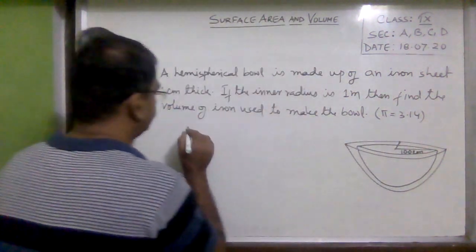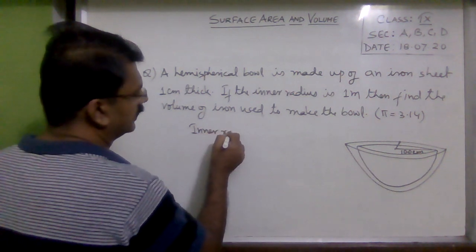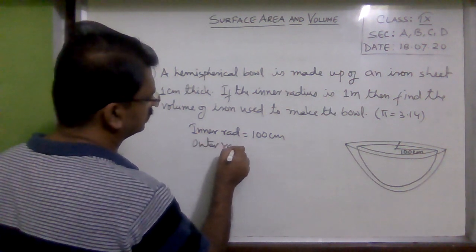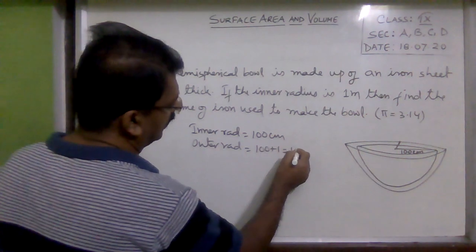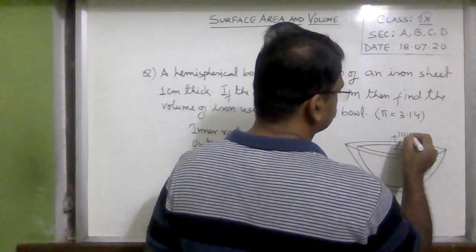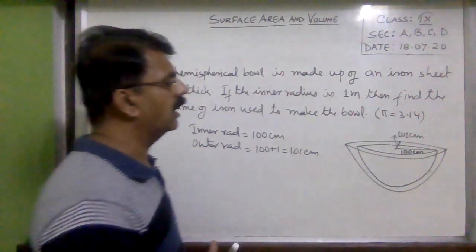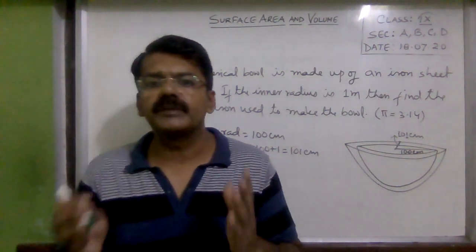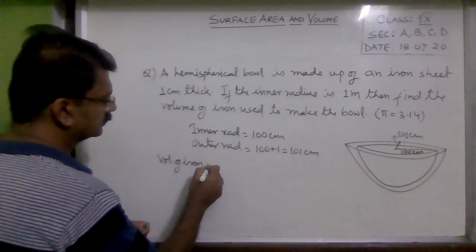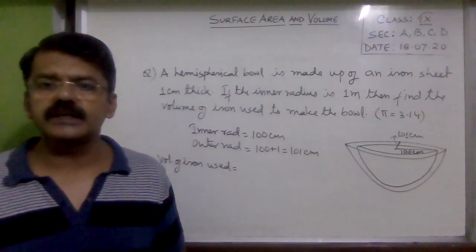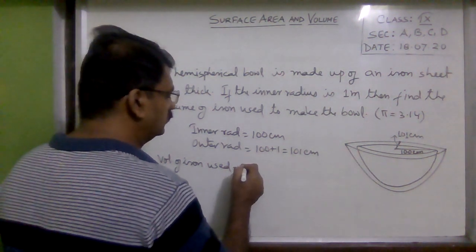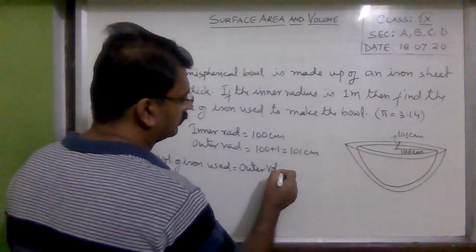So the outer radius, inner radius 100 centimeter, outer radius 100 plus 1, 101 centimeter. Okay. Now you have to find the volume of the iron used. Volume of iron used means the outer volume minus the inner volume, that is the hollow part. So outer volume minus